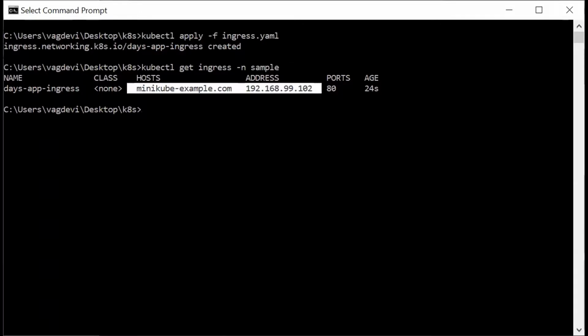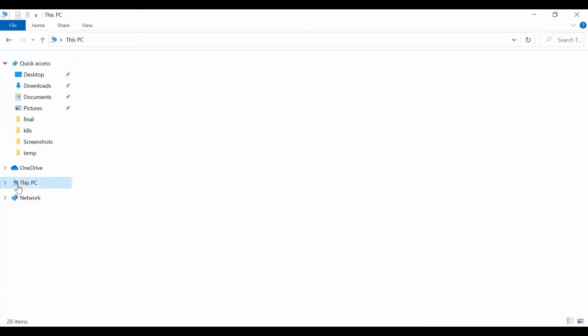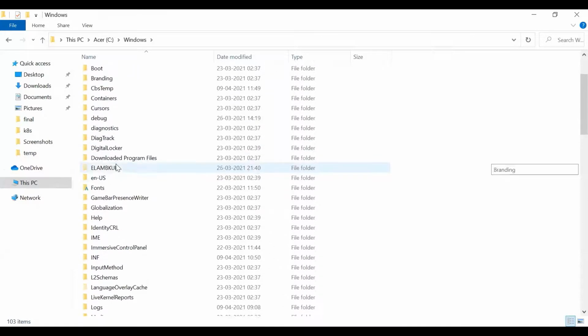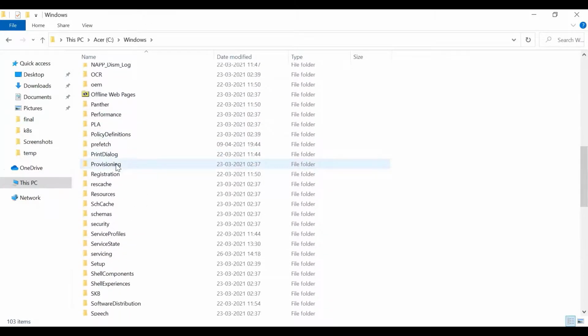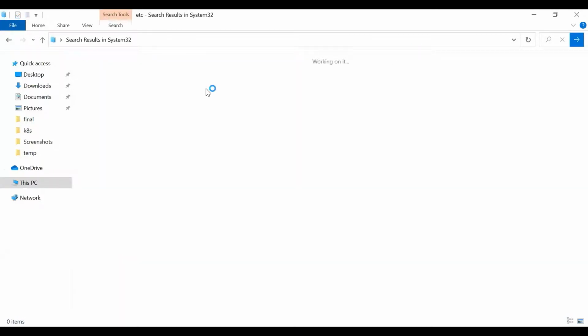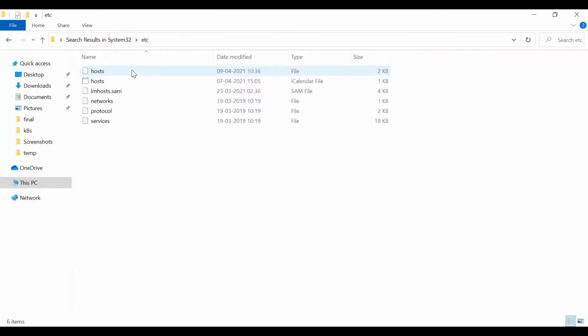All right. So go to the C drive. This PC, C drive, Windows, System32, and search for drivers, or we can actually search for etc. Okay, click on this and see this hosts file of type file.